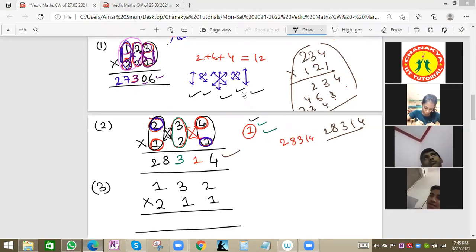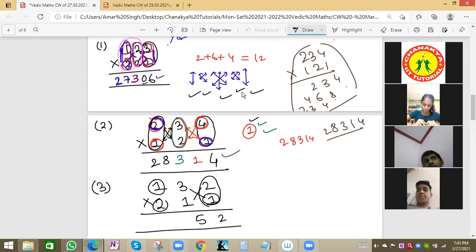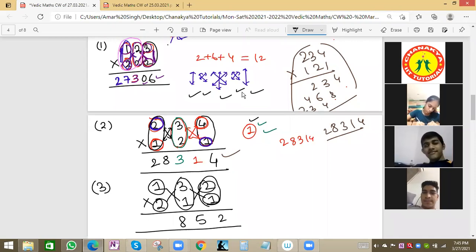So what is the method? State, then 2, then small crossing. So 3 1 are 3 and 2, 3 2 5. Simply we can add and write the values. Then big crossing 1 and 4. Likewise we can add, 5 and 3, 8. Very easy. Then small crossing for this one, 1 and 6, 7. Then state once again, 2 1 are 2. So 27852 is the value.